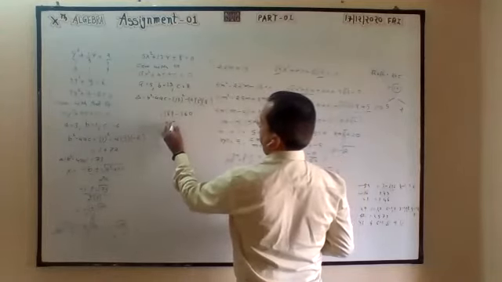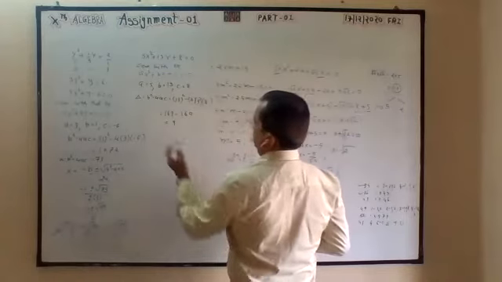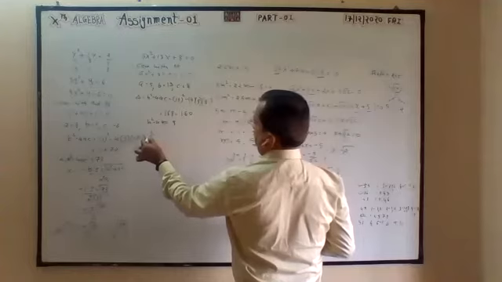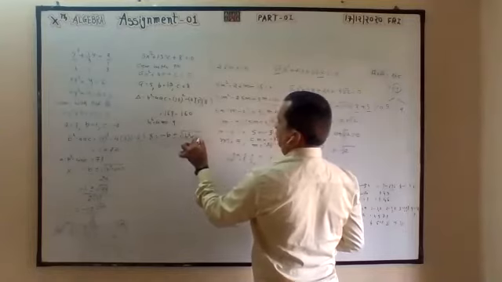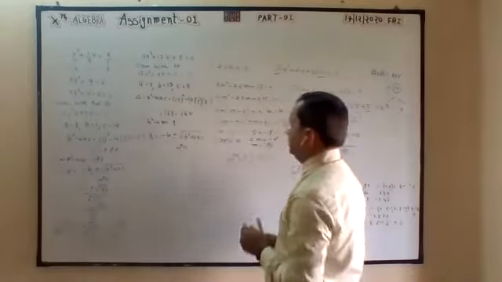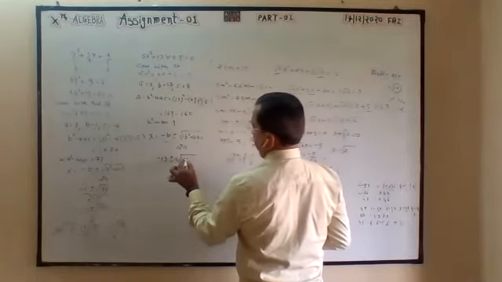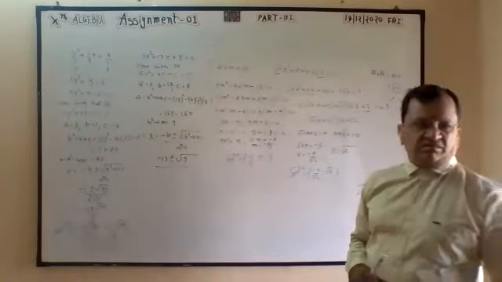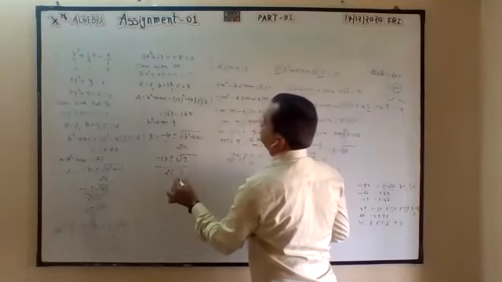Correct? It is 9. Okay. So your answer, that is x equals minus b plus or minus under root b square minus 4ac, divided by 2a. Minus b: b is 13, so minus b is minus 13 plus or minus the discriminant value. Don't apply this in more steps. Once you have got this, directly substitute.